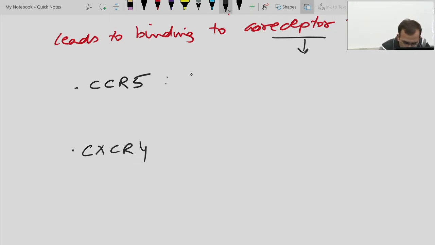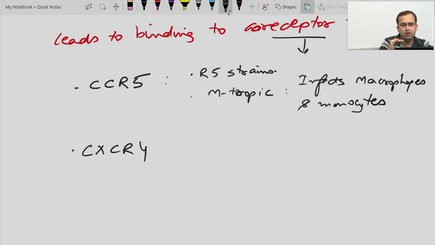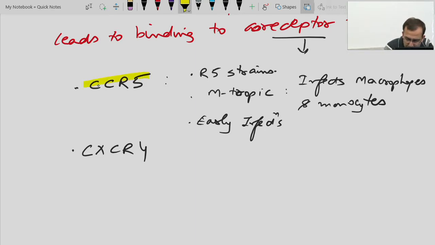CCR5, the R5 strains of the virus use this. This is for the R5 strains, and this is M-tropic. M-tropic means it preferentially infects macrophages and monocytes. So R5 strains use it. It is M-tropic and is seen in early infections. This is the CCR5 strain